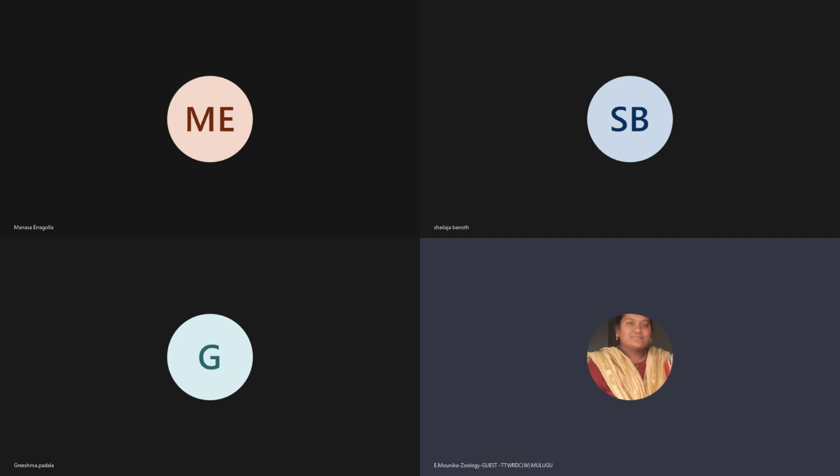So the MHC helps in the detection of foreign antigens, which means non-self antigens, and it is also responsible for the intracellular recognition of the antigens, and for antigen